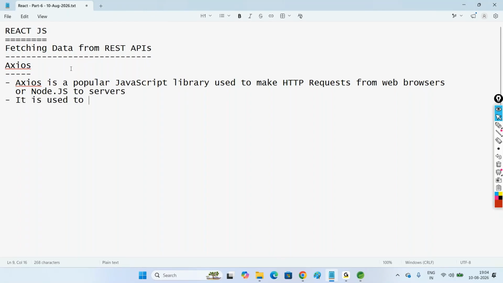It is used to fetch data, submit form data, and invoke the APIs